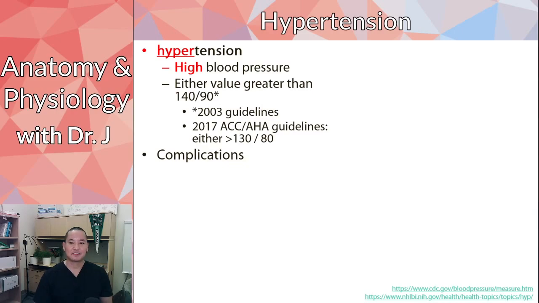But what we have with hypertension, so complications of hypertension, well, if you have increased pressure on a blood vessel and you have a weak spot, what can that do? Well, it can cause that part of the blood vessel to bulge. And if it ruptures, then you can get hemorrhage wherever that aneurysm is.